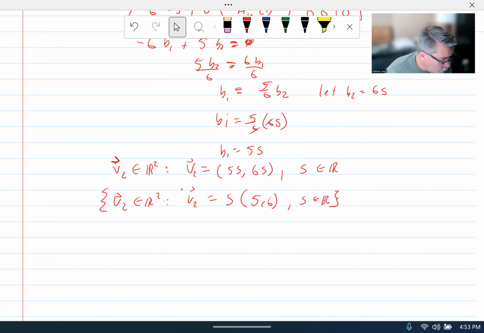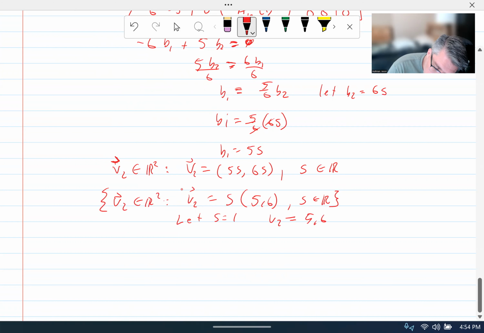And once again, we need one vector to correspond to the eigenvalue, so let S equal 1, and so we get V2 equaling (5, 6). Okay. So our eigenvalue, or our eigenvector,